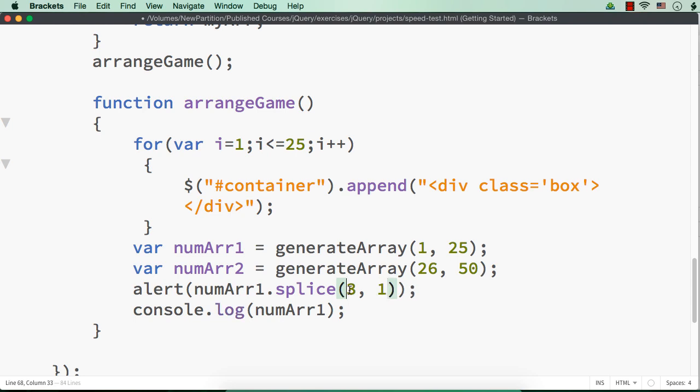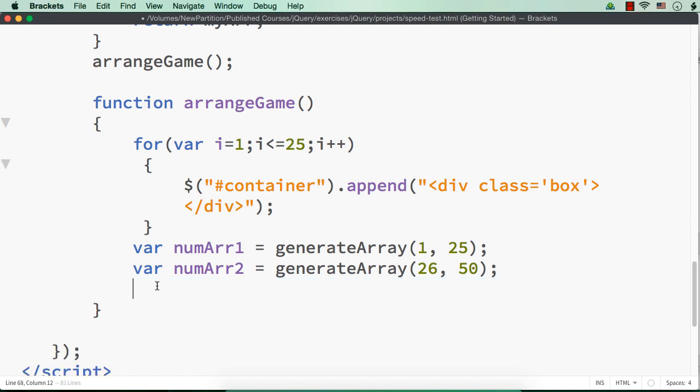So what we will do is that we will generate this number as a random number. So it will be returning the item at random position from the array, right? We will remove only one item. So this will be 1 only. But here instead of 3, what we will do is that we will generate a random number between 1 and 25, and the item at that specified index will be removed. So we are going to use this splice method offered by JavaScript to remove items from the numArr1 at random positions. So I have added this just to show you how this splice method works.